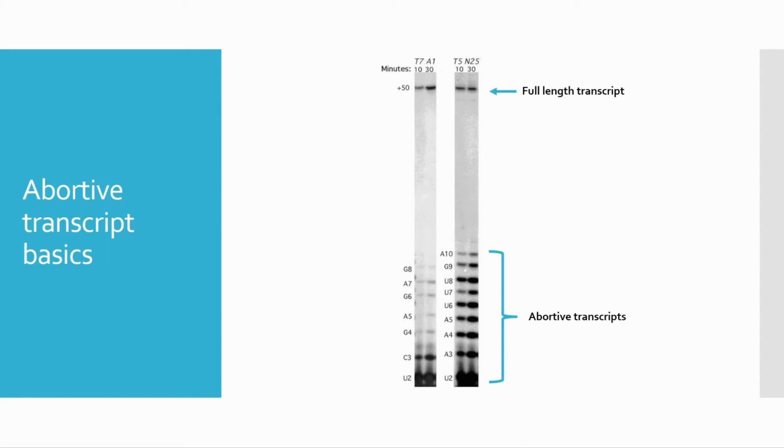The researchers used two different promoters to show that the rate of abortive transcription can differ based on the promoter strength. You can see in this data that each reaction resulted in quite discrete band populations. This large band, labeled plus 50, was the full-length transcript, and these discrete bands down here are the abortive transcripts. You can see that we get band sizes from 2 to 10 nucleotides long, but get no finished product longer than 10 nucleotides until the full transcript. This is pretty clear evidence of aborted transcripts, but one of the first experiments showing this, figure 6.7, wasn't that